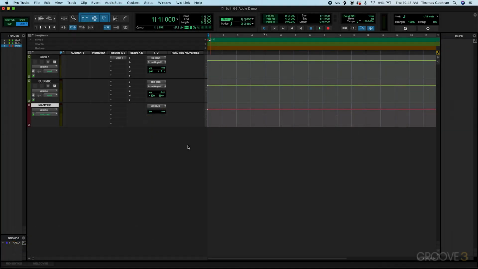Now I want to go ahead and show you how to record audio into Pro Tools. This could be anything from a vocal to a guitar part or a synthesizer or just about any type of recording you'd like. Here I just have a blank session pulled up with that routing template that I showed you